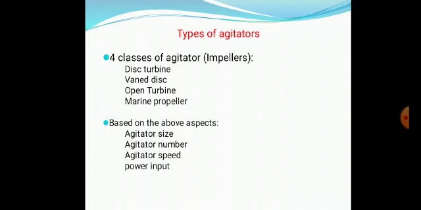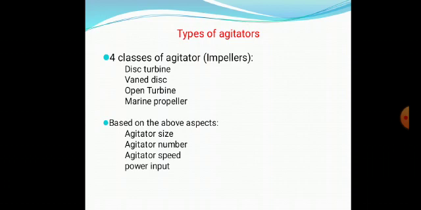Agitator speed means, like in our fan we have a regulator. You can keep it at less speed or more speed based on the heat in the room. Same way, based on the need for mixing medium, you can increase the agitator speed. You can make the fan rotate very fast, or you can make it slow also. So speed also is a property which you have to calculate in the industry. What should be the speed of the blades? Here we call them impellers. The speed of the impellers you have to calculate. And power input changes based on the speed: less power will be consumed if it runs at a lower speed. If you want the blades to run very fast, naturally the power input also will be more.